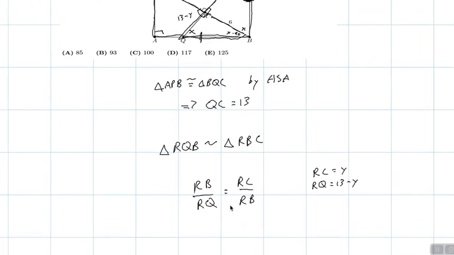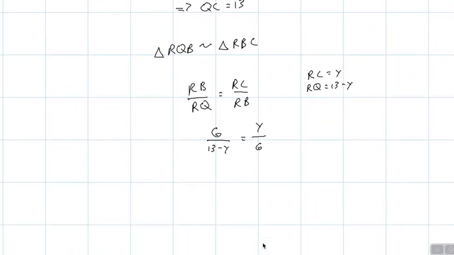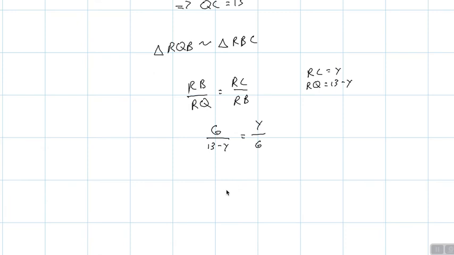And so from here, we know that RB is equal to 6, and RQ we've defined here as 13 minus y. This is equal to y over 6. And if we solve here, we get that 36 is equal to